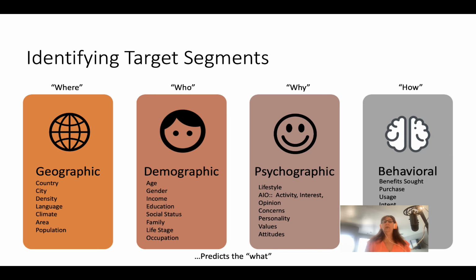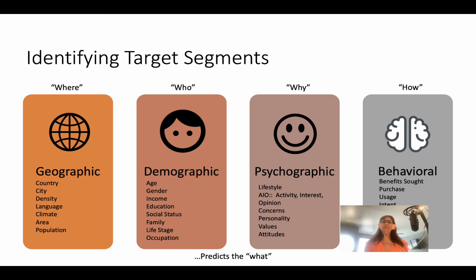So that's the where. The second thing we look at is the who. Now these are all of the demographic pieces of information about your target audience, things that you can purchase quite easily, such as age, gender, income, life stage, occupation, all of those factual pieces of information that